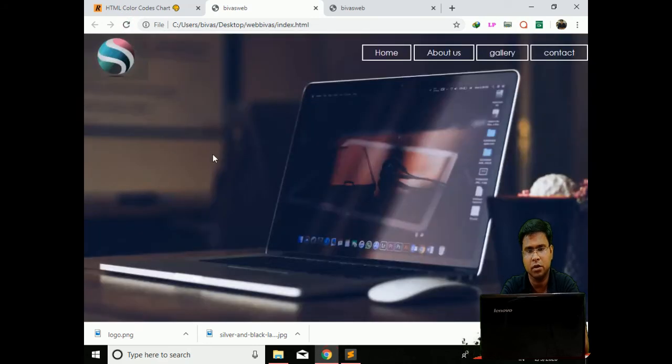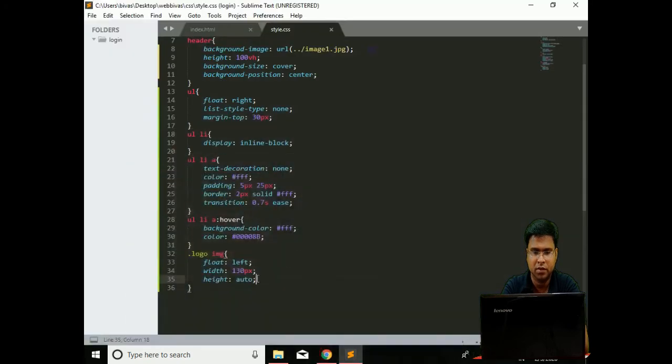It looks okay actually. You can reduce the size further by reducing the amount of width. I have used 130 pixels here. You can also use 50 to 100 pixels. It will look nice also. Let's change it to 100 pixels.